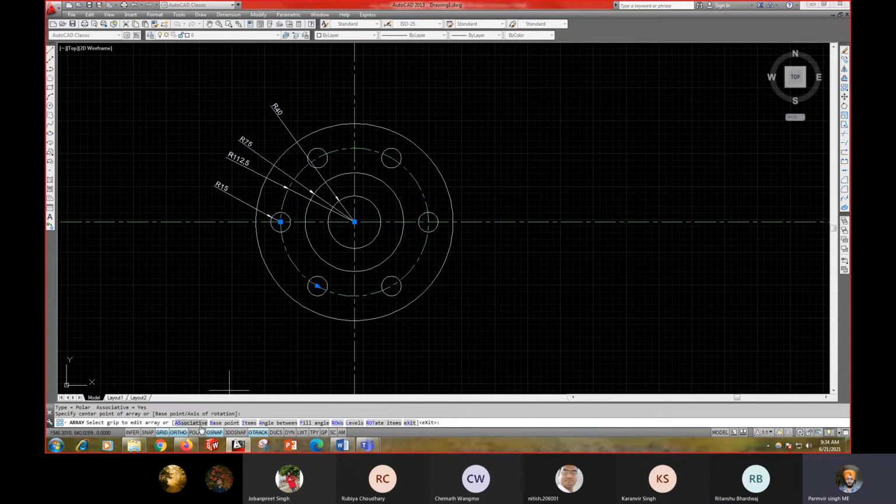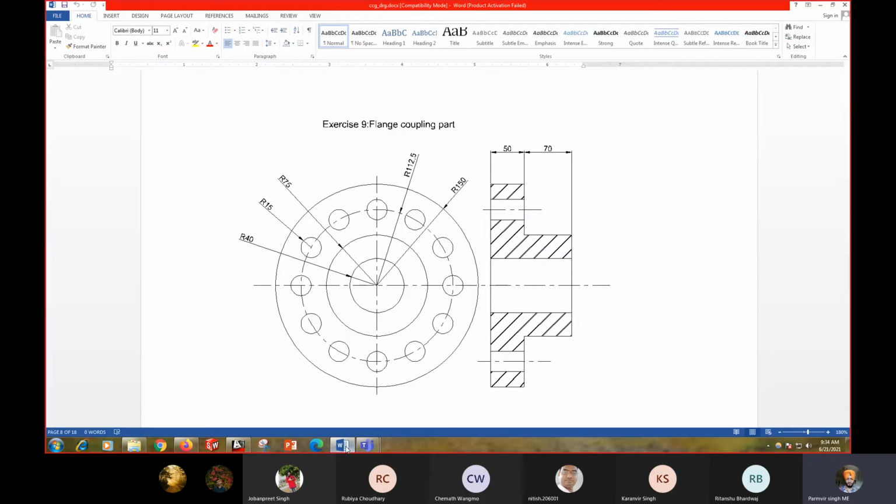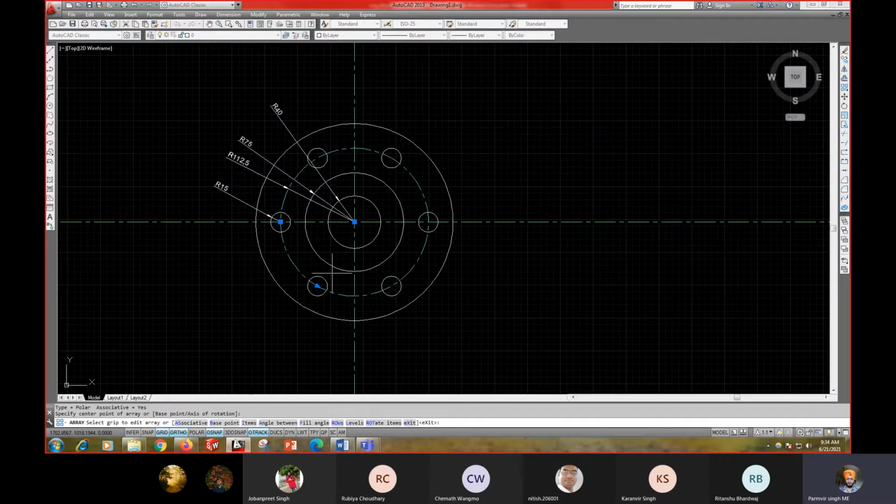So you have to use the number of items: 1, 2, 3, 4, 5, 6, 7, 8, 9, 10, 11, 12. So in your figure there are 12 items. That means you have to create the array of 12 items. So press I for items.